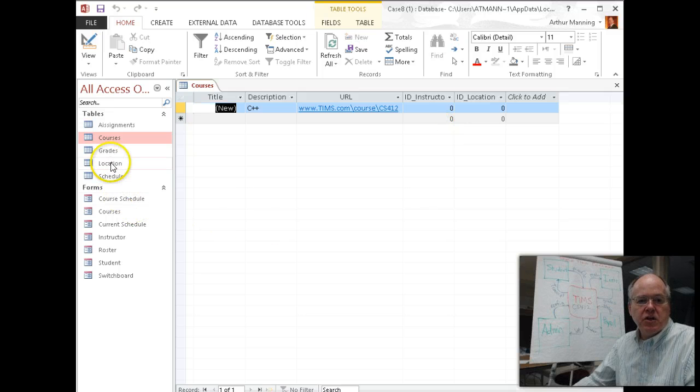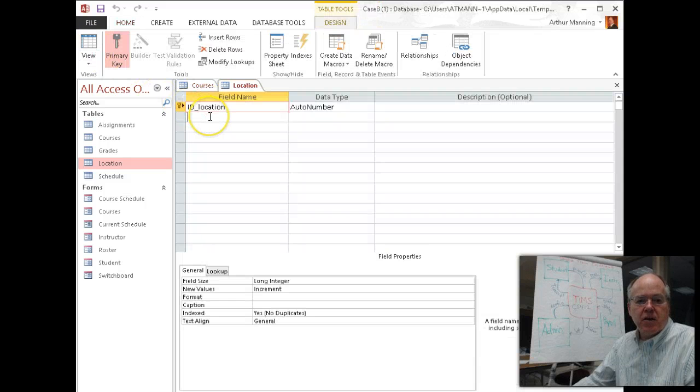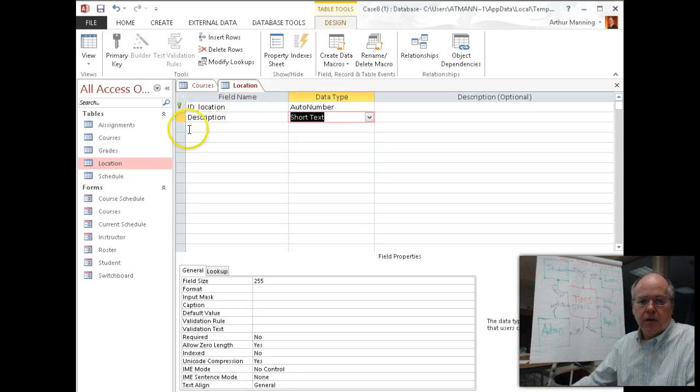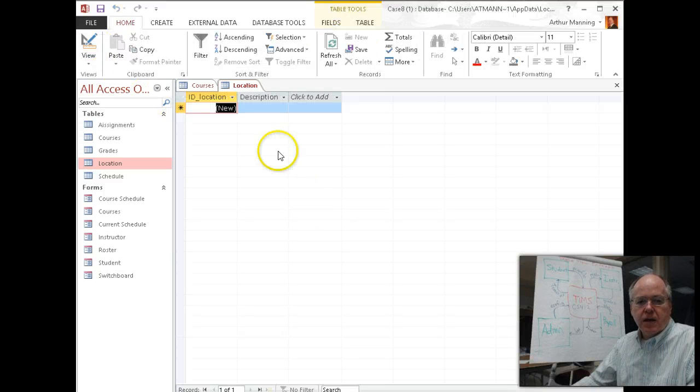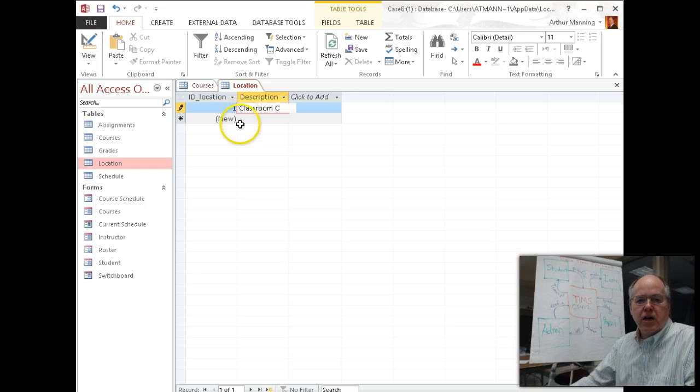So let me give a location. And since I don't have any other field, that's a problem. Let's add another field. Let's call it description. And then datasheet view, add a record. I'll call it classroom C. Uh-oh, look at that. Location starts at 1 because I'm auto numbering. In order to allow